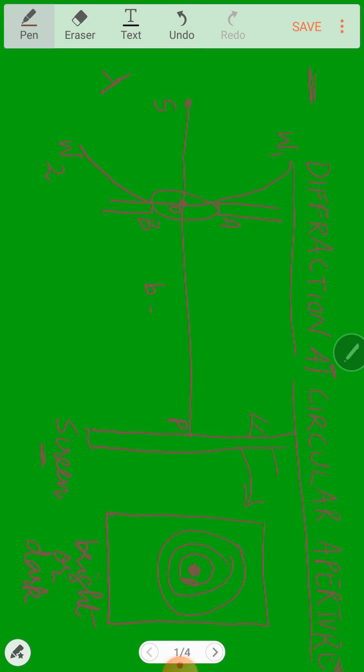Let B be the distance OP, and depending upon the magnitude of the distance, the center will be bright or dark. That dependence is due to the fact that the number of zones will depend on the value B,